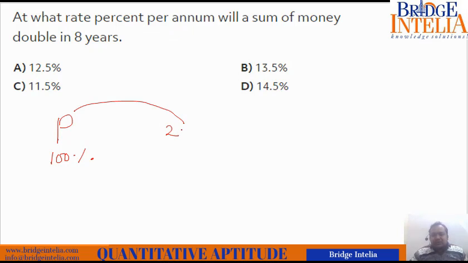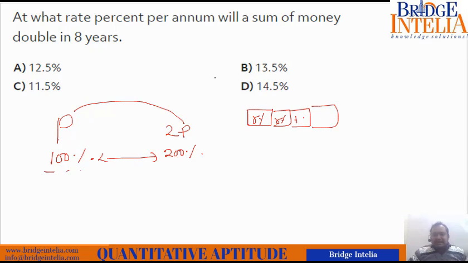So you give the bank P and the bank gives you back 2P. This is what the doubling is. So you deposited 100%, whereas the bank has given you back 200%. So this additional 100%